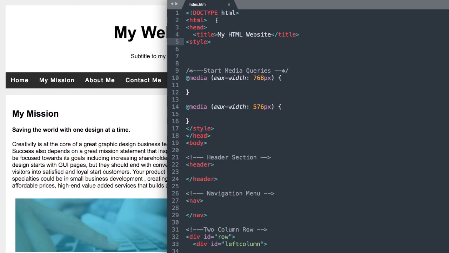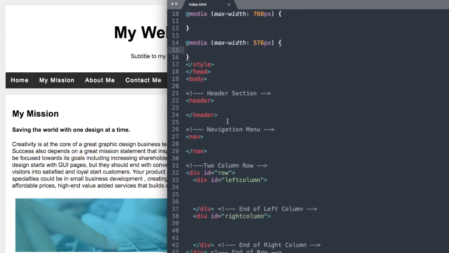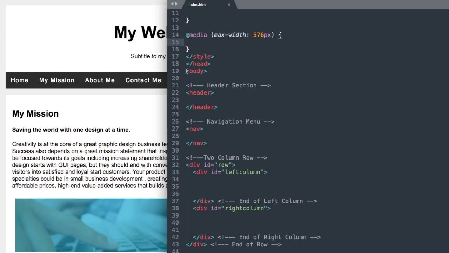Let's take a look at what's already included for us here in index.html. So from the top, we have our doctype HTML, followed by the actual HTML tag for the document. Then we have our head section here, which includes the title of our website, My HTML Website, and then this style section where we'll add our CSS styles after we add our HTML. And already included are the media queries where the website is going to have the style for the tablet width